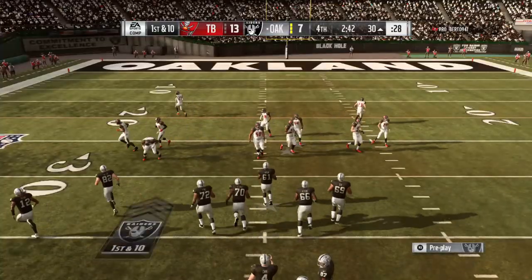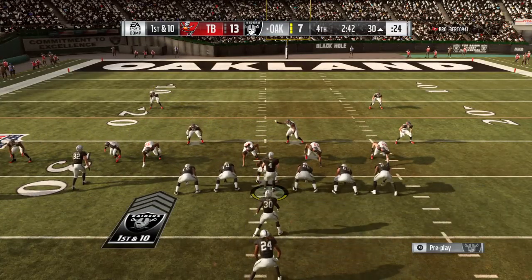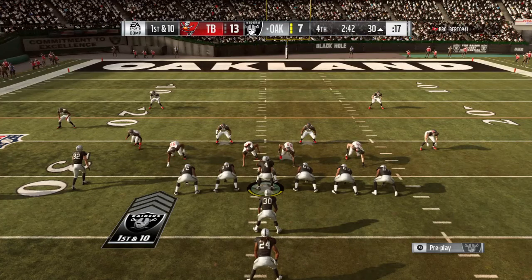So 1st and 10 now from the 30. White. Hurry, get set, fellas. Switch. 58, boy,